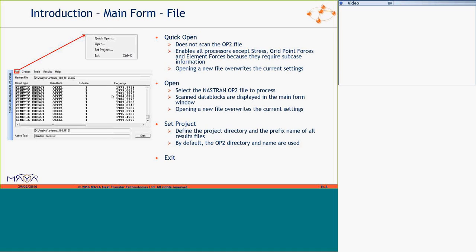Yeah, well, there are other processors, of course, that don't use the modal results, but basically all the processors use Nastran results to start off with, be they static or transient or, in this case, modal. So it would go and open the OP2 file that you want to process. We support MSC Nastran and NX Nastran OP2 files. You guys are using NX.